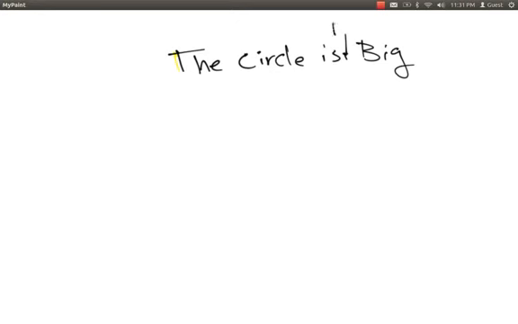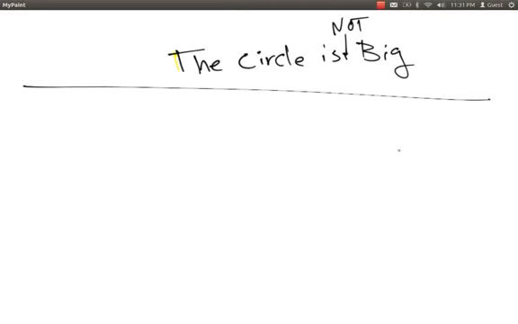And we gave the simplest example with the sentence, the circle is big. Today we'll learn how to negate. So we'll learn how to say this, the circle is not big. Okay? Now I'm going to just remind you about the previous lesson where we put this sentence in the past,